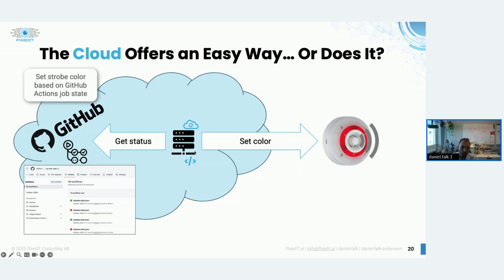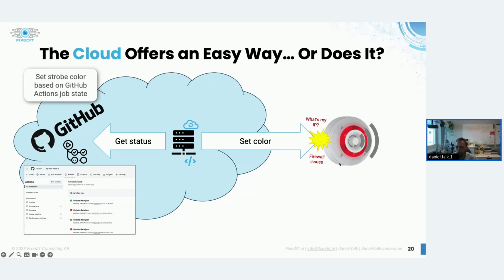So one way we could do this is to use a Python program, just as I did for the PTZ control. We can use a Python program with VAPIX requests going to the device to set the color of it. And then that same Python program will make requests to the GitHub API to get the current status. But this means that we have this issue with, first we need to know where is my device located, which network is it available at, which customer did we send it to, which office is it sitting in, do we have different subnets? And secondly, we need to